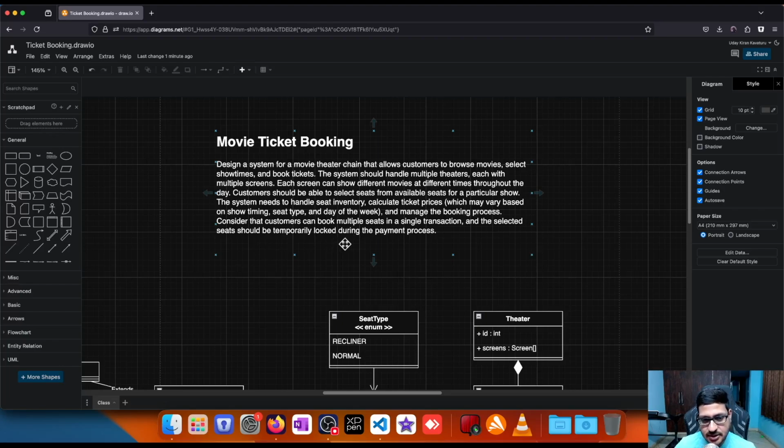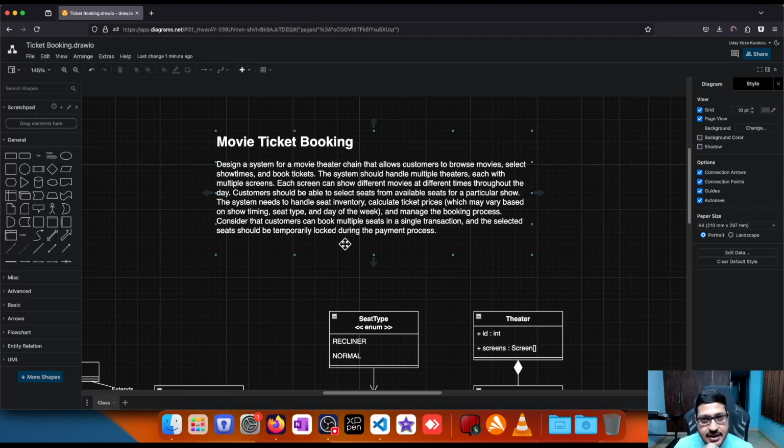So let's imagine how the situation will play out if I'm the user. I log into a website or an app. I'm trying to select a movie and then I'm going to see where the movie is being played. I select one of the theaters and then at the theater there will be multiple show times at which this particular movie is playing. I'll select a time slot and I go into the theater's layout for viewing the available